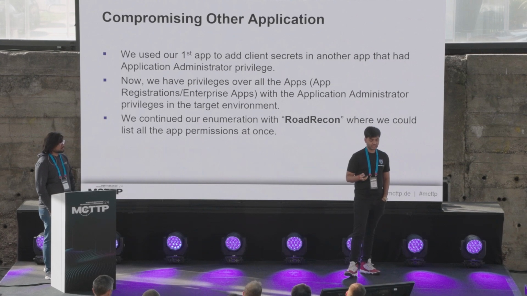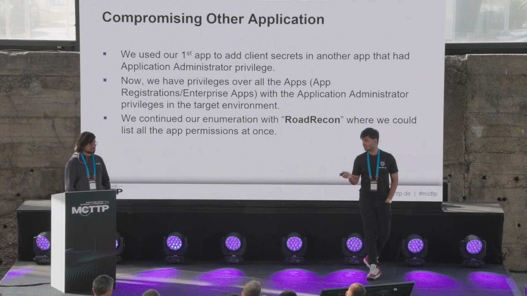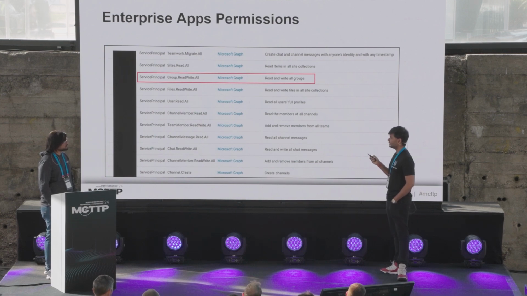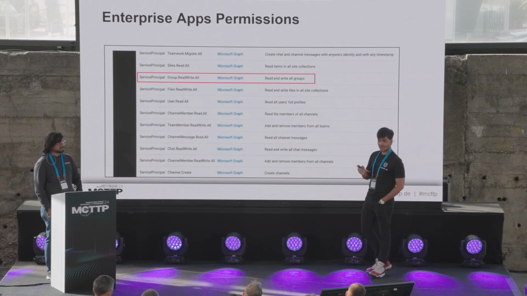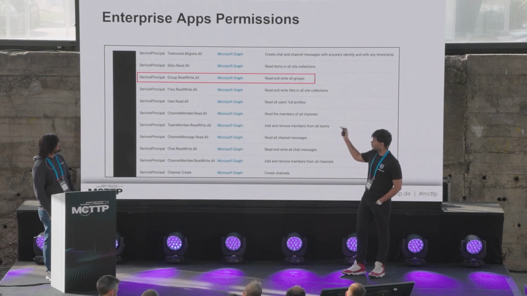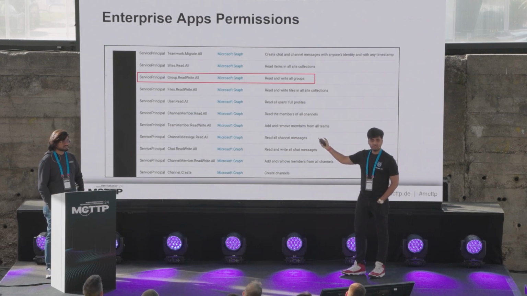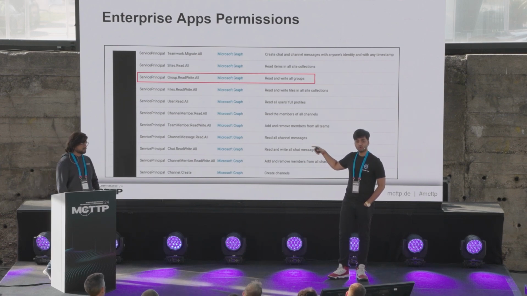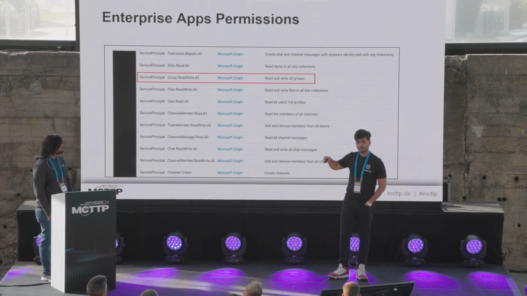So we started our enumeration with another tool, ROADrecon. With ROADrecon, we found there was an enterprise app, and that enterprise app has a permission called Group.ReadWrite.All, which means if I compromise this service principal by creating a new client secret and then log in to this application,